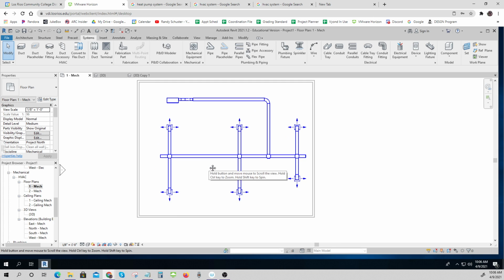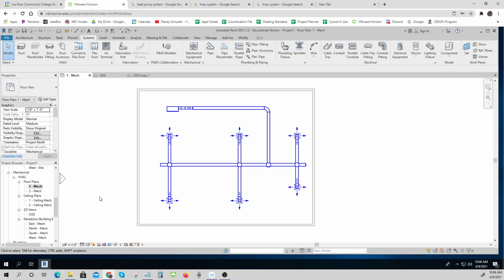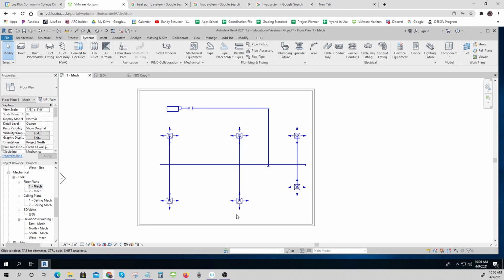And this is what it looks like in the plan view. These things all come together. So this is how easy it is for you to make your HVAC system, and you can even make it coarse. And that's how it's often shown. And you can tag these with the size and all that kind of stuff. The other cool thing that you can do is you can highlight a whole bunch of this. Let me just highlight, as an example,